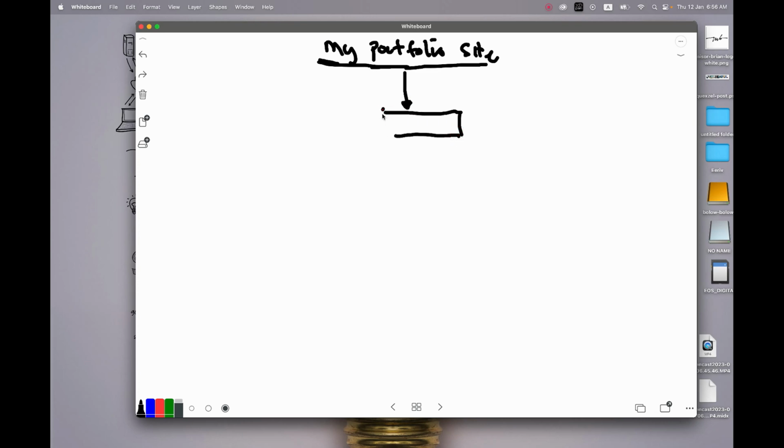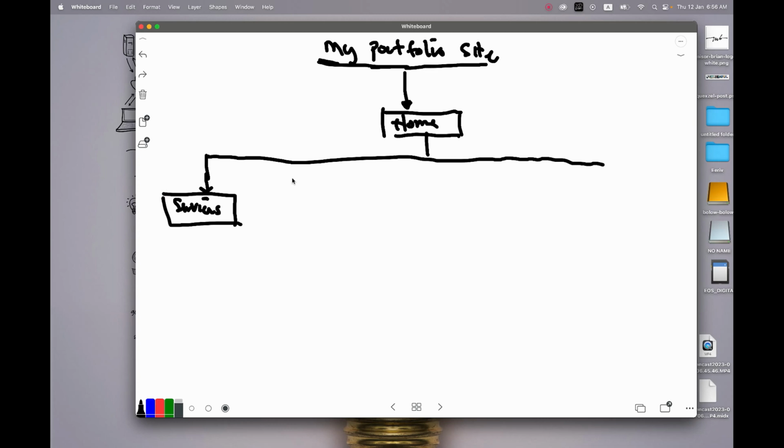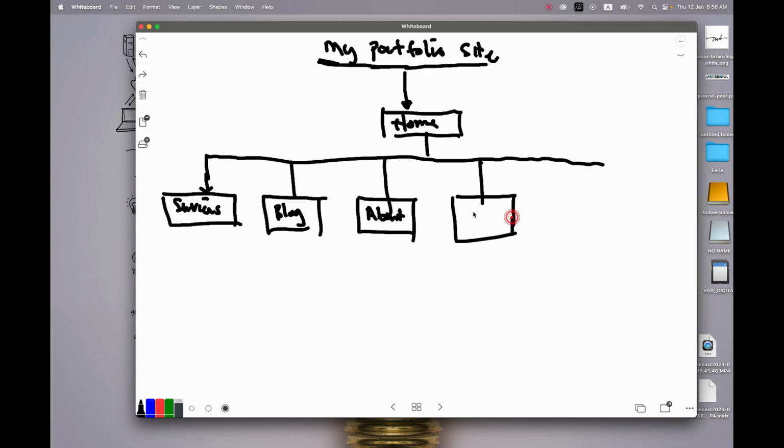page. So when someone comes to the home page, I want them from here to be able to go from the home page. They can go like to the services page. Services page, they have like the blog page, and they can go into the about page. They can also go into the contact page, and they can go into